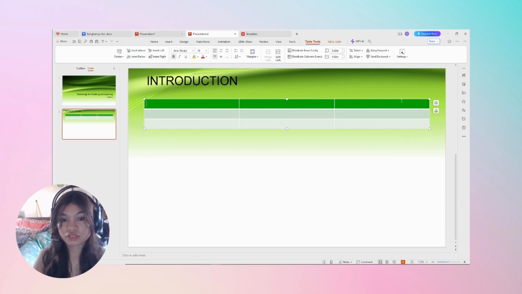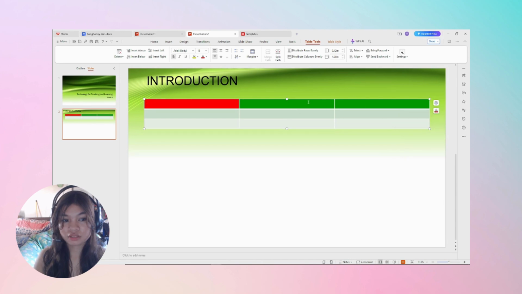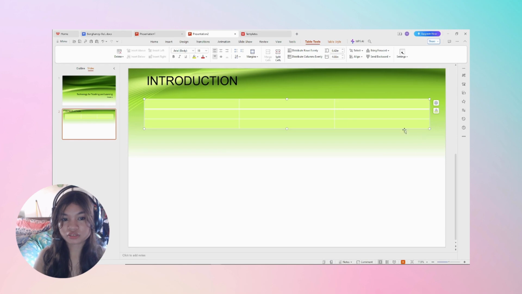So you can change its color also. So here I'm going to click here red and then you can also change all about like that.